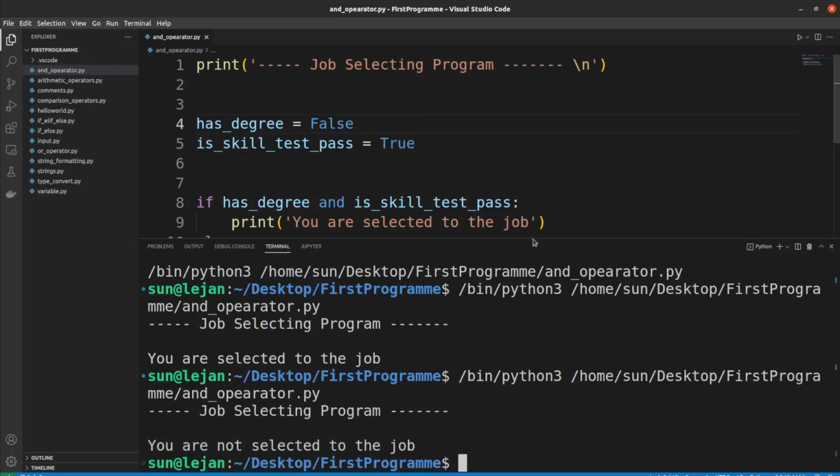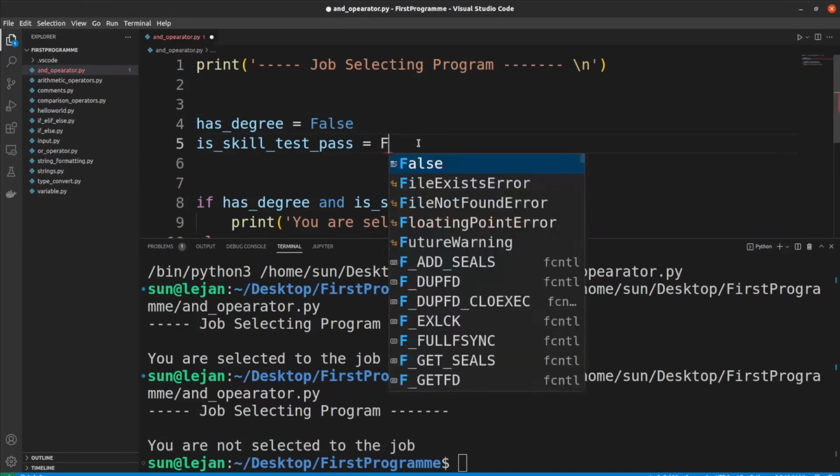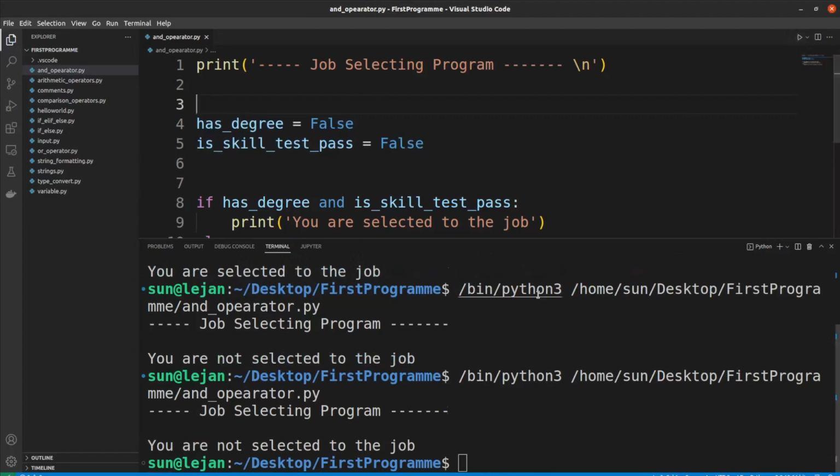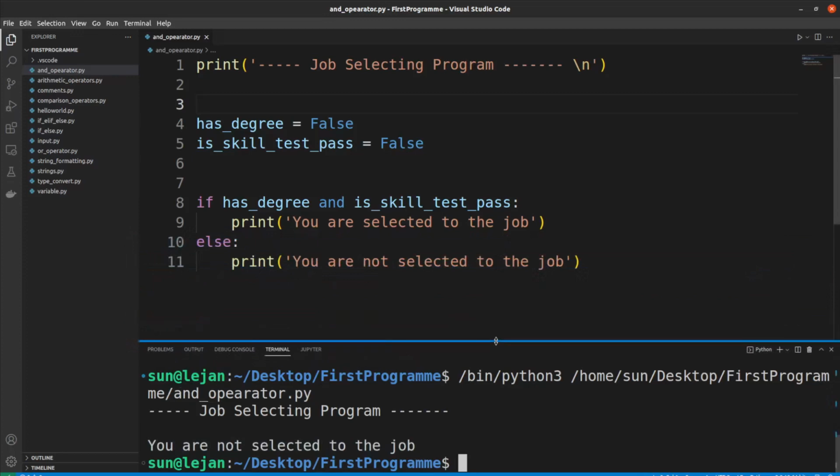Okay, now let's finally change this value to False. Now we are unable to fulfill both these requirements. Now let's run this program. Finally we got you are not selected to the job as the output, because we are unable to fulfill both these requirements. So this is what we have to learn in